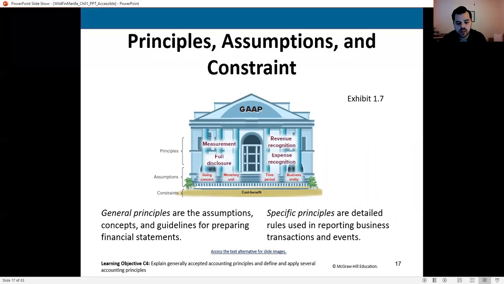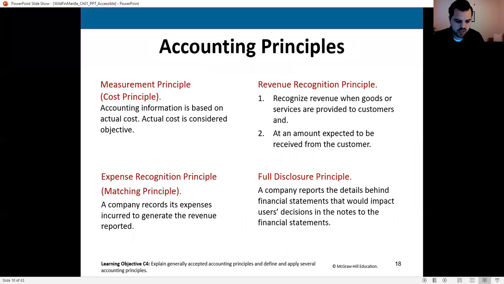So if you're only going to really understand one area, this is where you really want to key in, on these next couple of slides where we talk about principles, assumptions, and constraints. Because these types of things are going to tell us everything we do for the next 11 chapters. If you understand this section of chapter 1, the rest of the course becomes much, much easier. So please take the time to actually understand this.